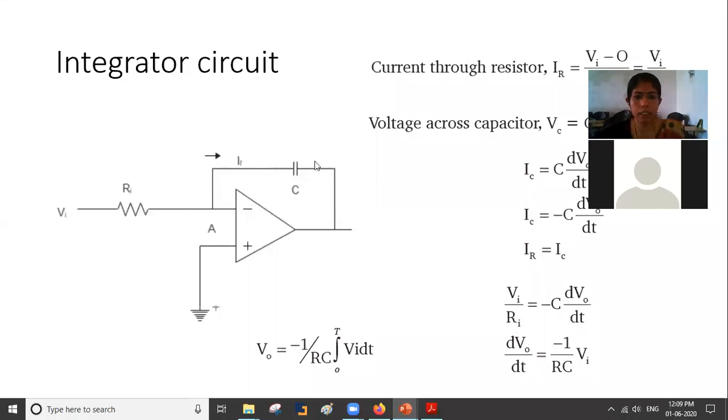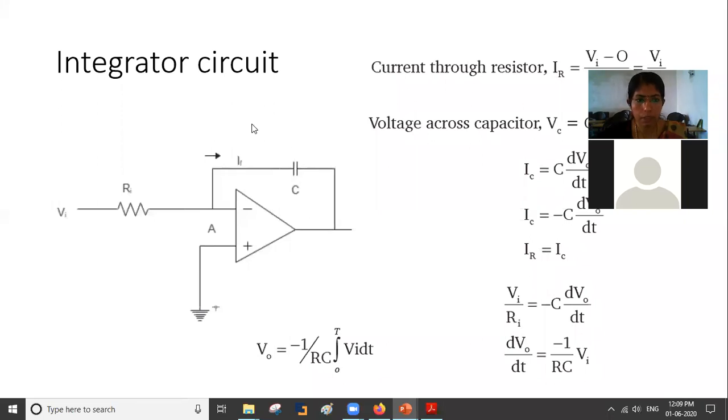So an integrator circuit is a device which is an IC integrator circuit. In this integrator, the input voltage is applied to the negative, that is, the inverting input. So it is similar to an inverting amplifier, but here there is only one difference. Our feedback network is given through a capacitor.